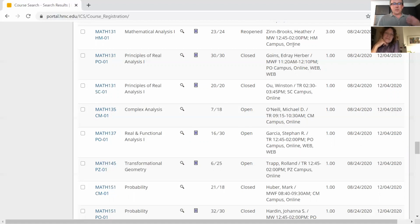Because of the unique circumstances of this fall semester, you will see online in many, almost all cases. Some colleges will specify that it's in the room web. You may also see online asynchronous without a time listed. That means that there will be videos and other forms of interaction with the faculty member that are not at a specifically scheduled time, but that will be